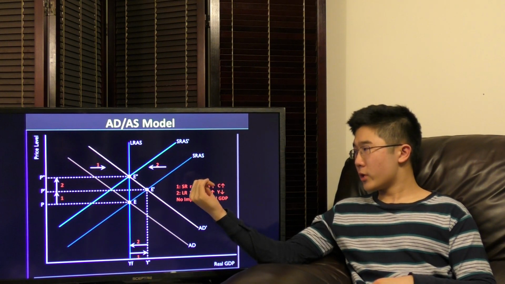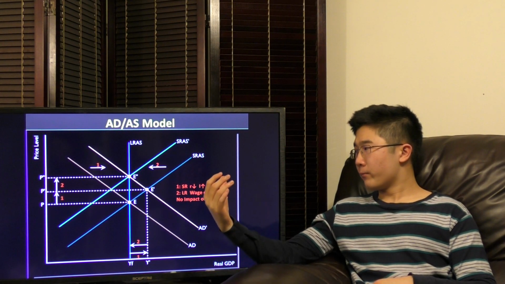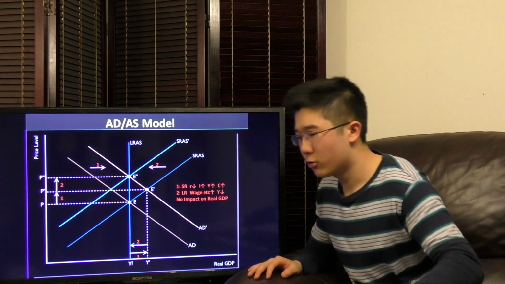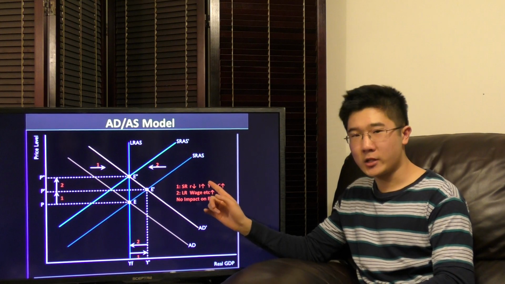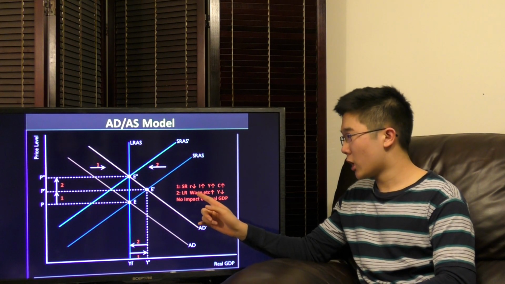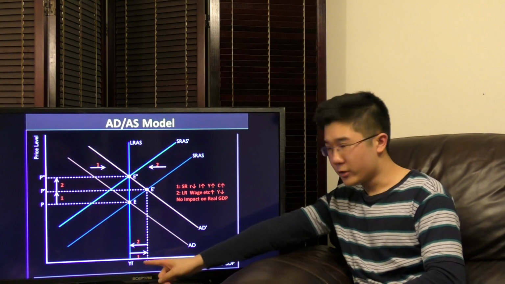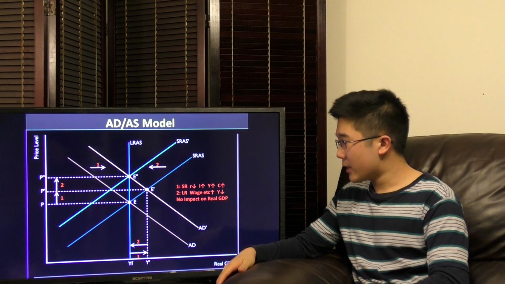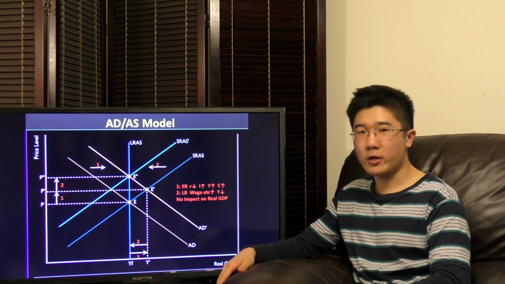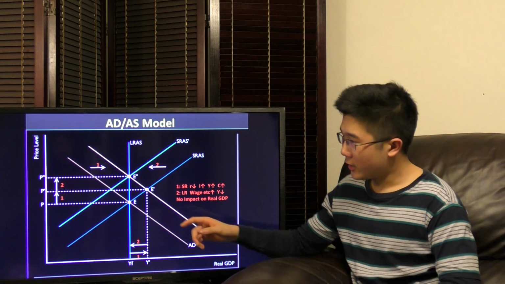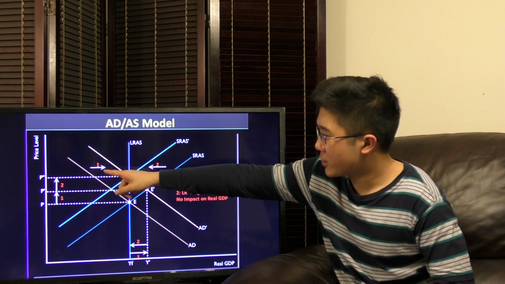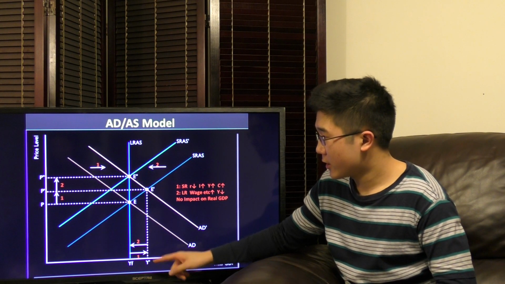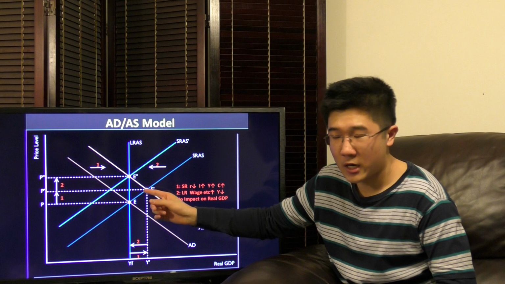When they lower the interest rate, what happens in the short run, and we see here, number one, is that our aggregate demand shifts to the right. Why? Because our investment spending increases with a decrease in our interest rate, which causes our output, our real GDP, to increase, and also causes an increase in consumer spending. So in the short run, a decrease in the interest rate as monetary policy from the Fed shifts our aggregate demand right, increases our real output, and also increases our aggregate price level.